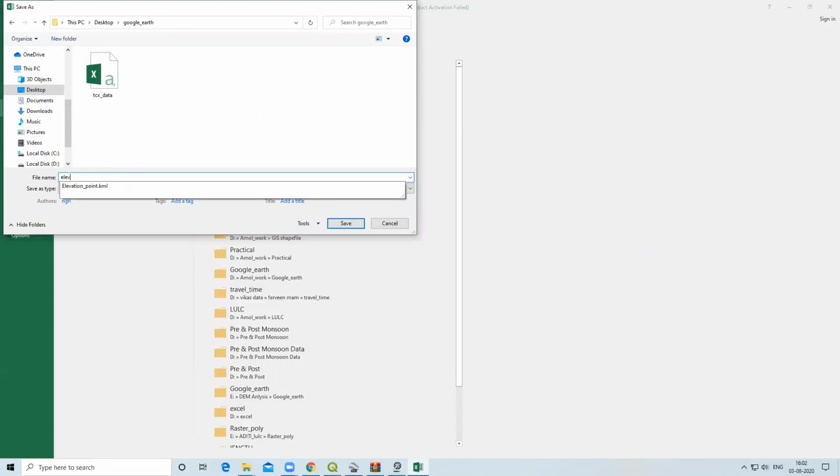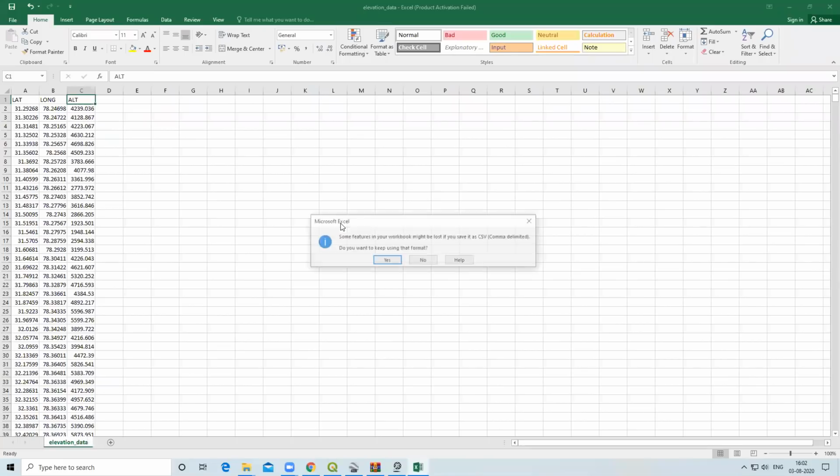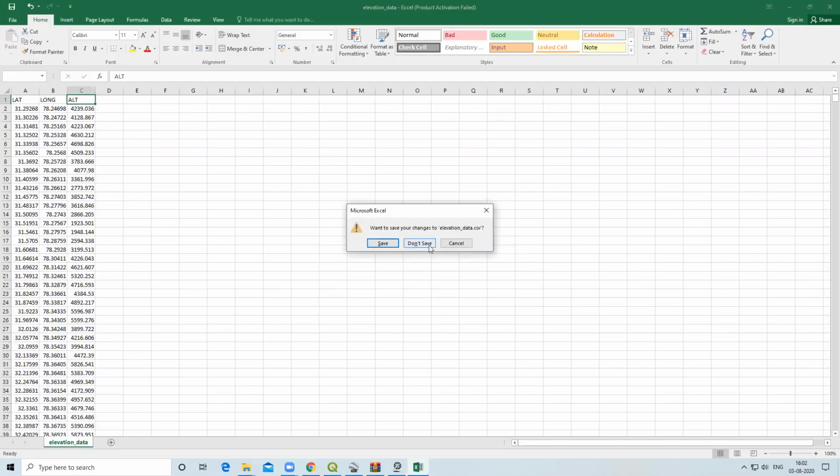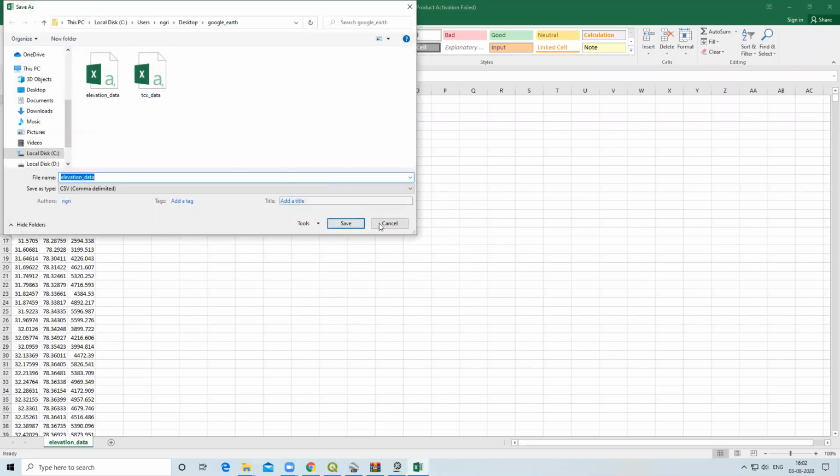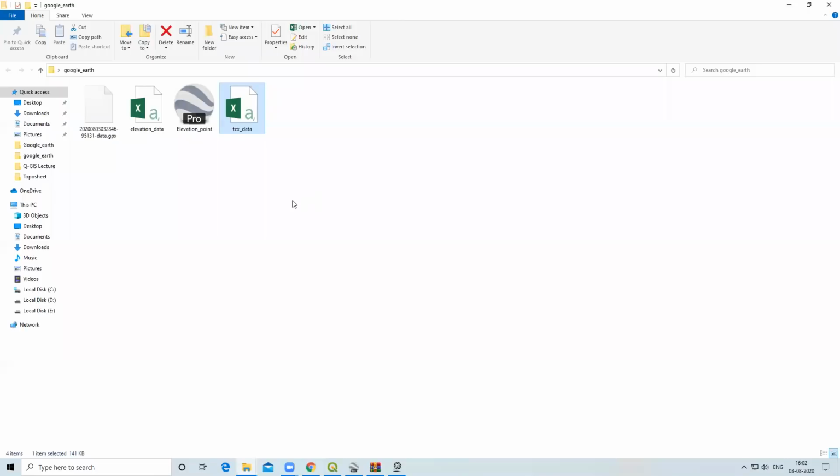I will name it elevation data, or you can replace the previous file also, no problem. So I will press yes here. So we have saved this file. Now we'll close this. We have already saved it, so I will click on don't save.